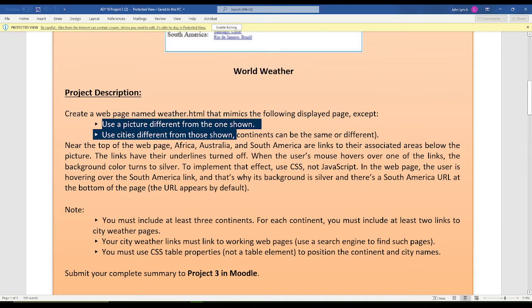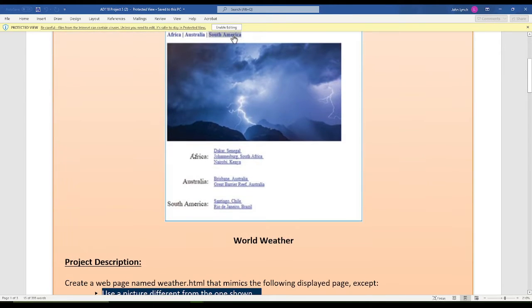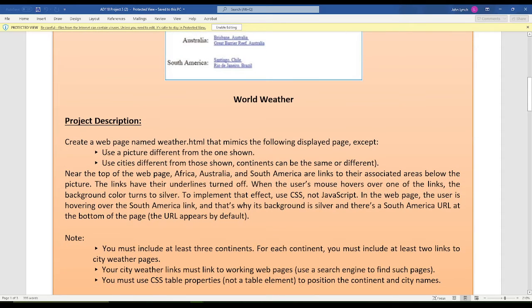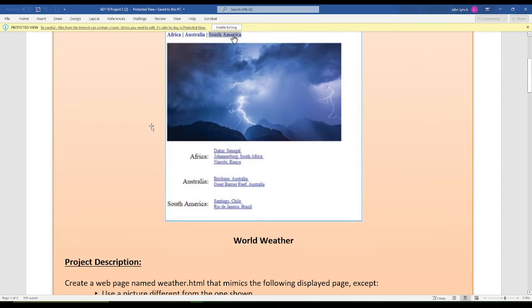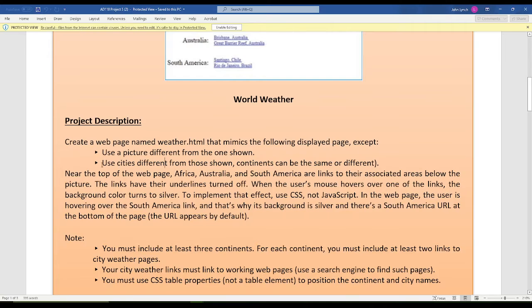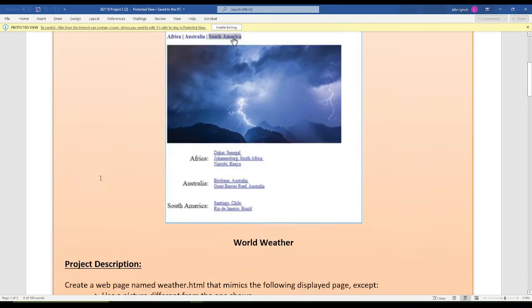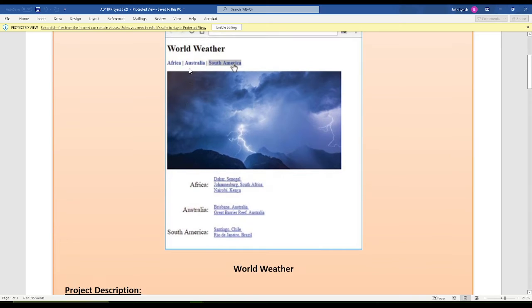You could use a different picture from the one shown above, just a general weather picture. You should already know how to put in an image based on project 2 that we just saw. And we're going to use different cities; continents can be the same, but use different cities than the ones shown. At the top of your web page, you're going to have